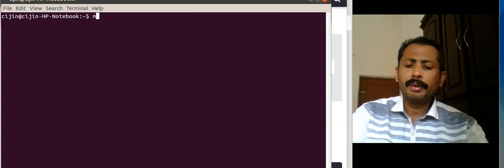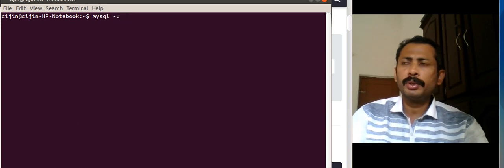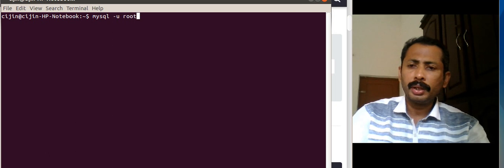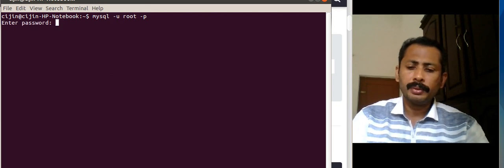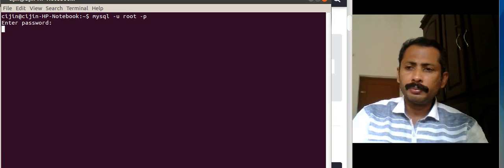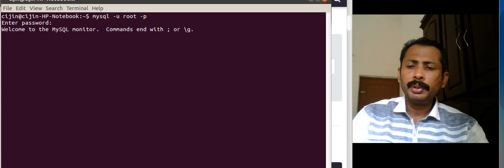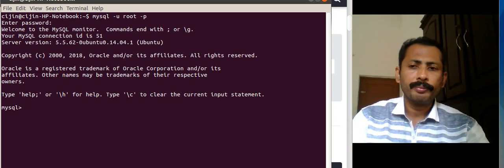So for that I am giving the command as MySQL, and it has username. Username is given using -u. Root I am giving as username, and -p stands for password. So I need to give password. So after giving password, it enters to the MySQL prompt.